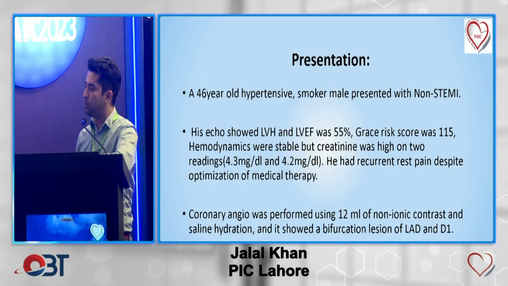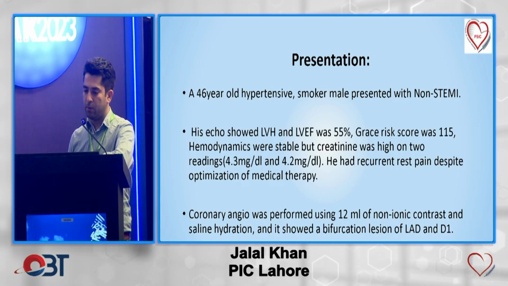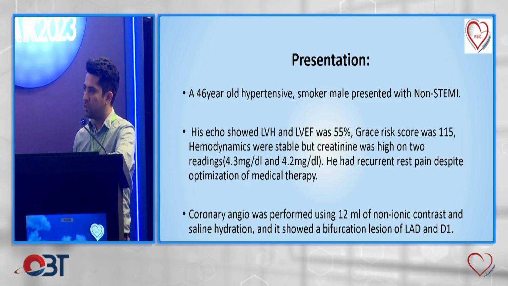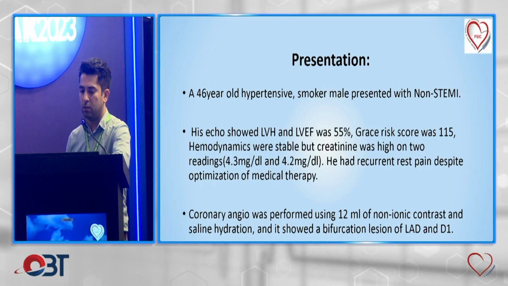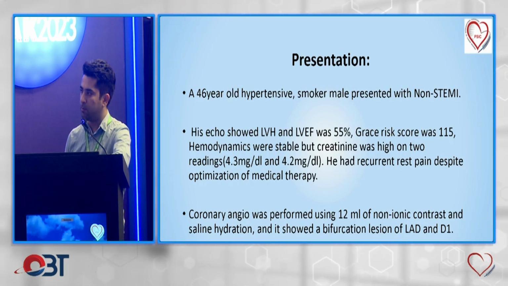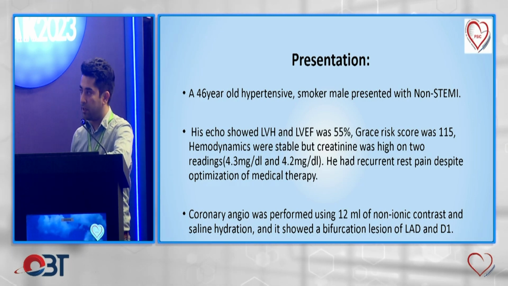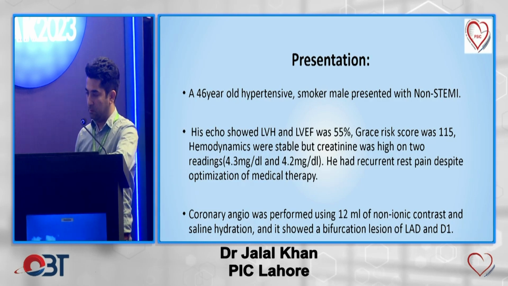Over here, I am presenting a case which we normally don't face, but we do face it rarely. A 46-year-old hypertensive smoker male presented with a history of chest pain and was diagnosed as a case of non-ST elevation MI. His echo showed left ventricular hypertrophy with fair systolic function, with an ejection fraction of roughly 55%. His GRACE score was 115 and he was hemodynamically stable, but the one thing which came as an obstacle